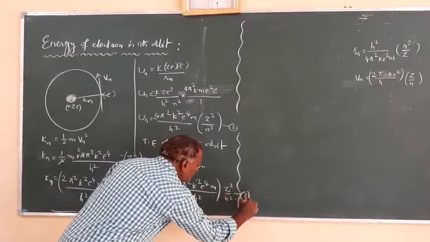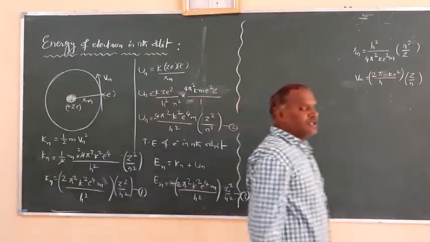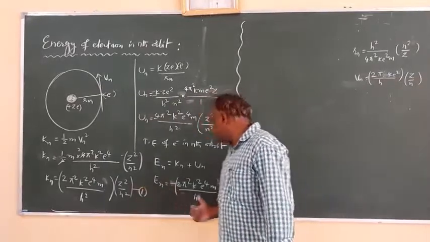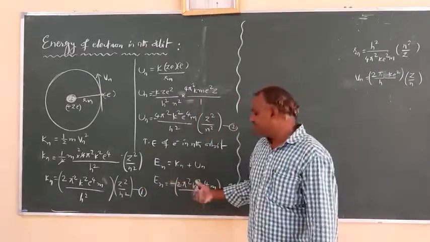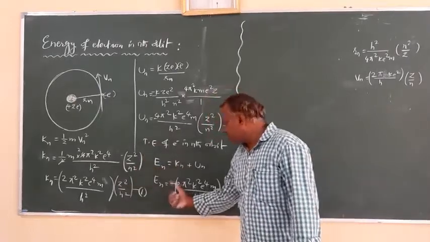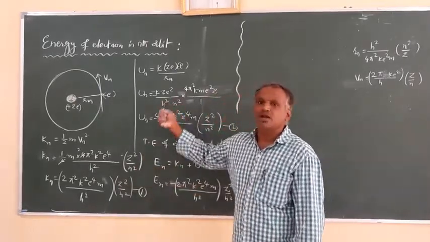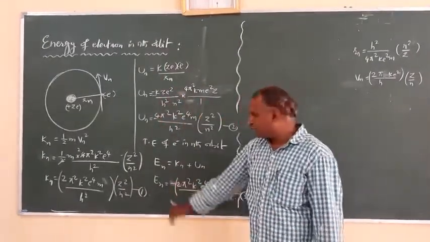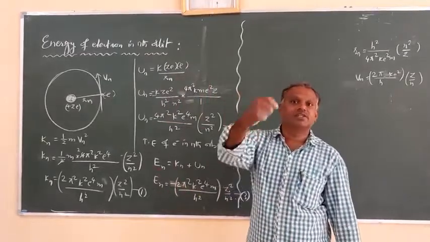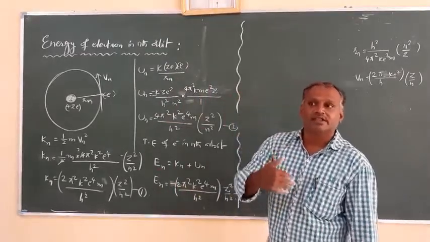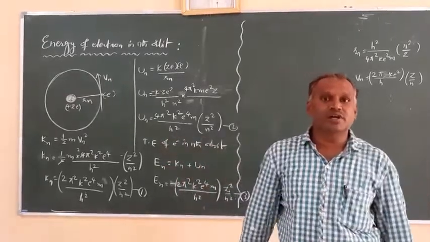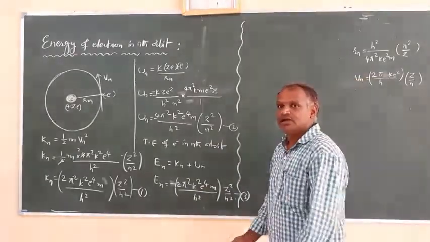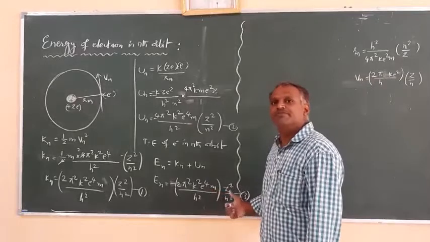This is the third equation, the total energy equation. If you observe the first and third, both have the same magnitude, but one is negative and the other is positive. So this negative sign represents the attractive or bounded nature of the electron with the nucleus. The negative value of the total energy represents that the electron is bound towards the center of the atom, that is towards the nucleus, right? So that can be observed using equation 3.